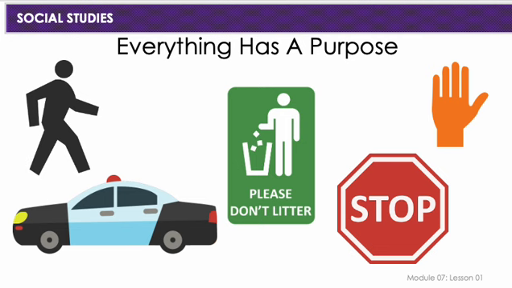So let's take a look right here. We're going to be thinking about how our country works. So, one way that our country works is that we have laws in place. So, what are laws? Well, remember, laws are rules that are created by people in the government for a community. So, what are some different laws that a government has possibly made?